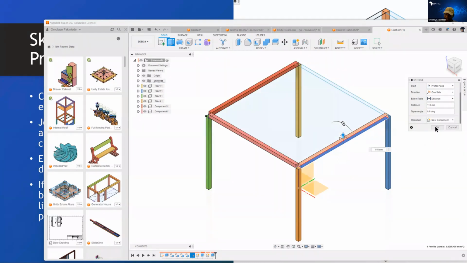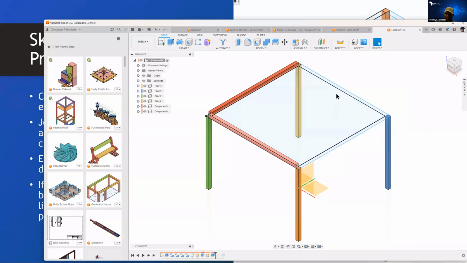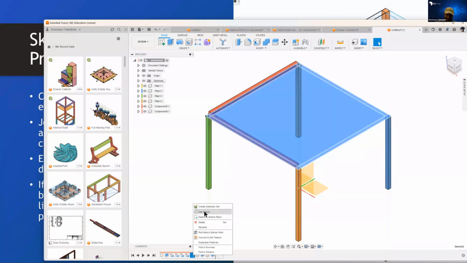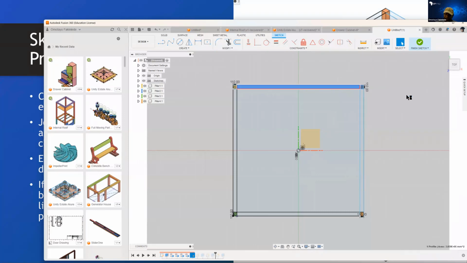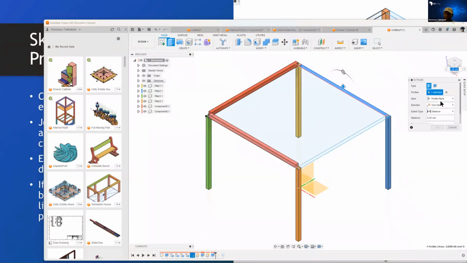Once I'm happy, I click OK. And lastly, you can't see it now, but it is there. And lastly, I can choose this one. I can do the editing again. I can choose this last one and press pull here. And what am I going to do? I'm going to do 110 millimeters. And if I want a new component,